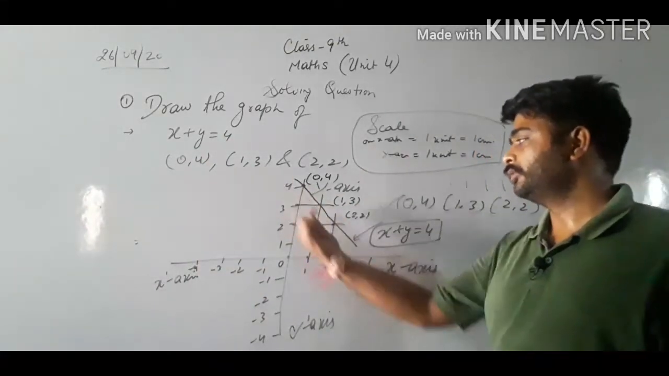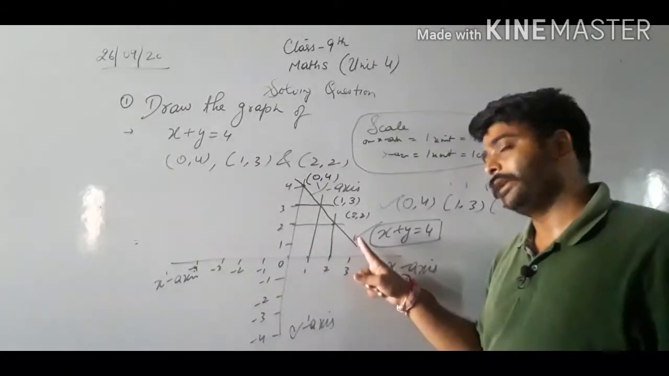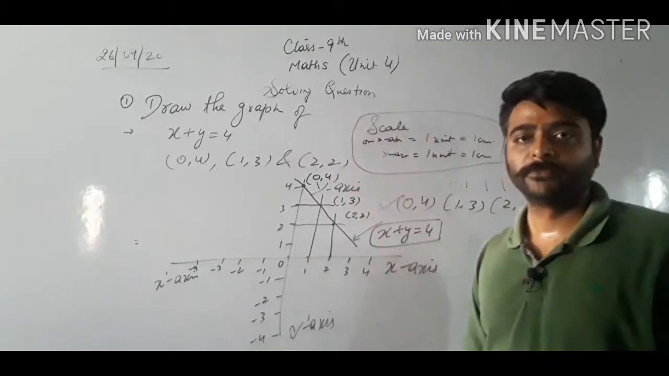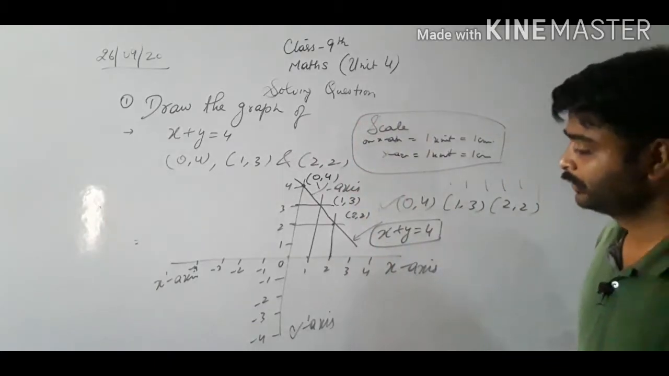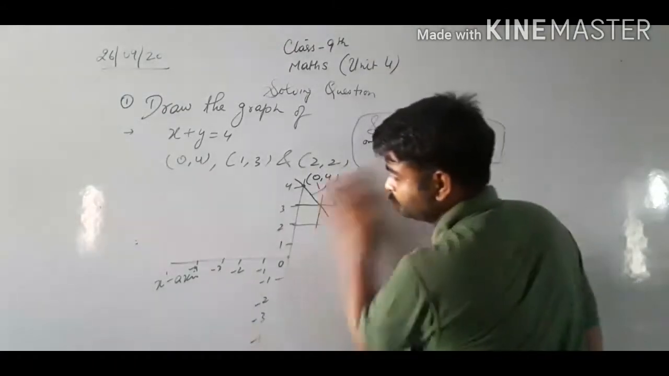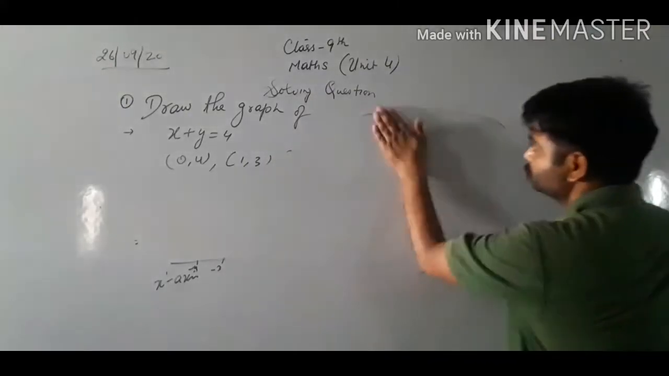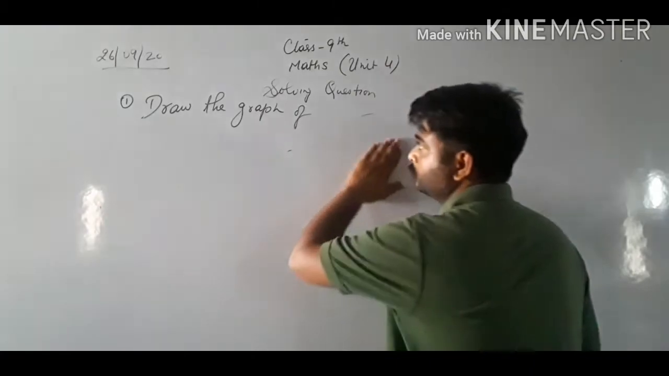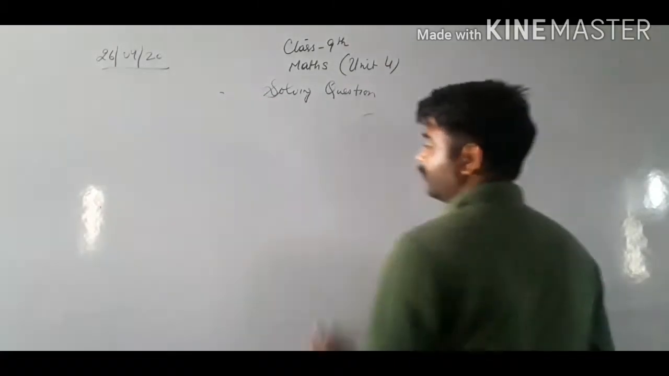Okay, so we are getting a line and we will write the name of that line as x plus y equals 4, or whatever is given in the question. Got it? Any doubt? Do it. Take a screenshot. 1, 2, 3. Okay class, now